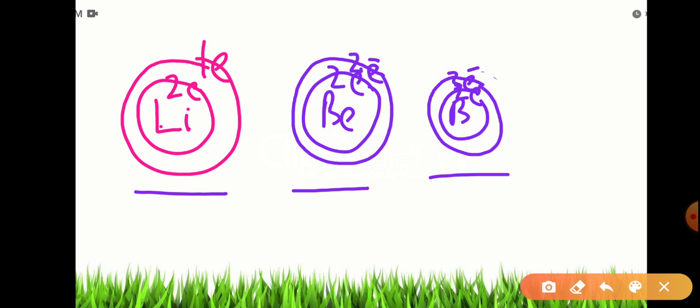Why is it so? Because in lithium only 3 plus charge from the nucleus attracts these electrons, and it does not exert that much force. That much force is exerted by beryllium. Why beryllium? Beryllium has 2 electrons in its last shell and it has to exert its force on both shells. So in beryllium, the last shell has